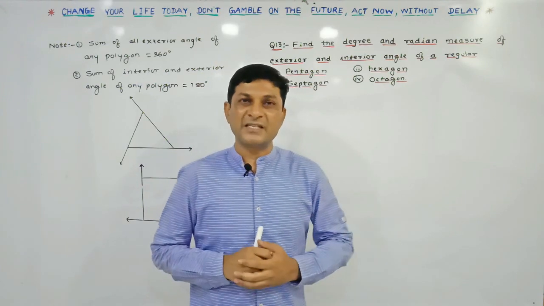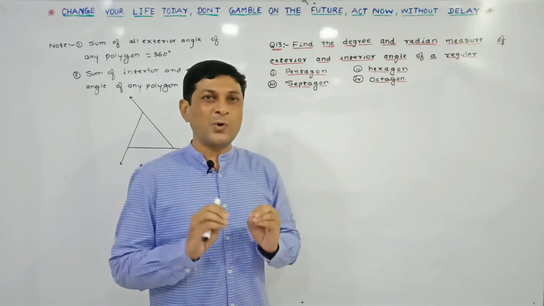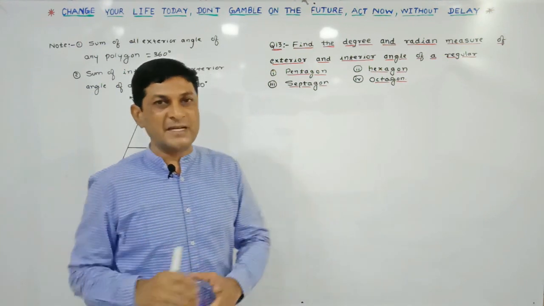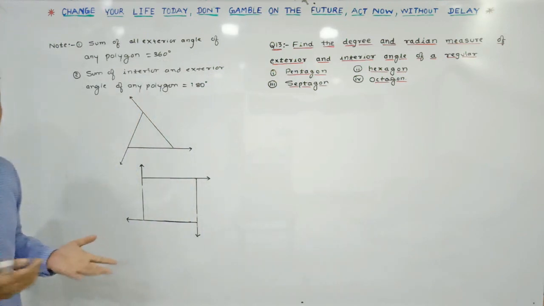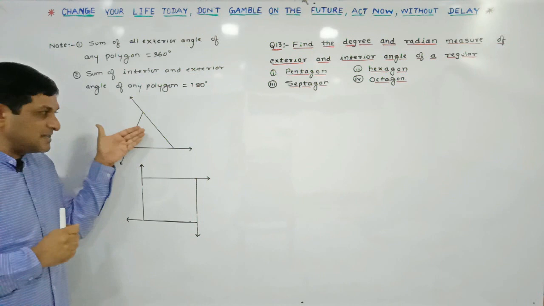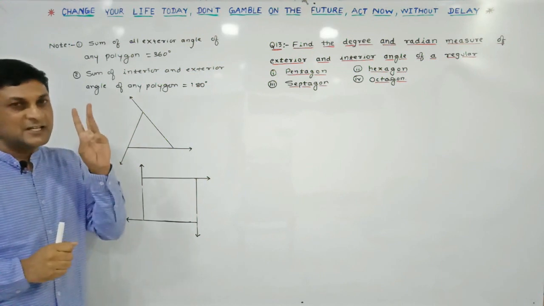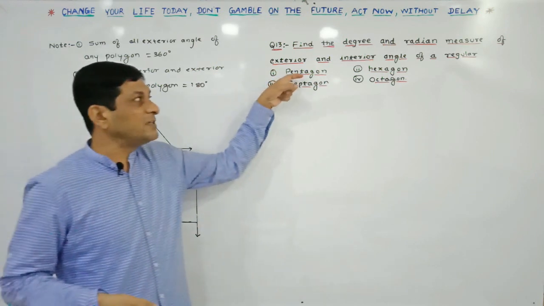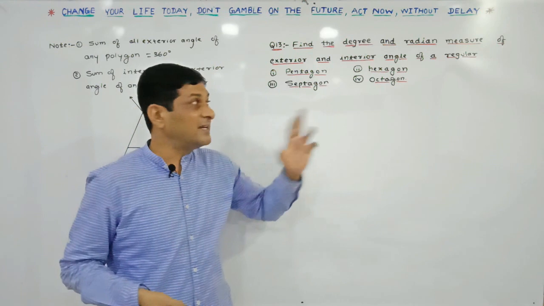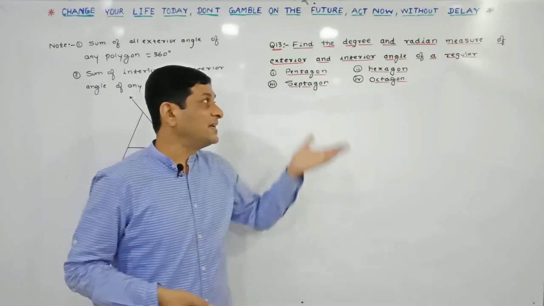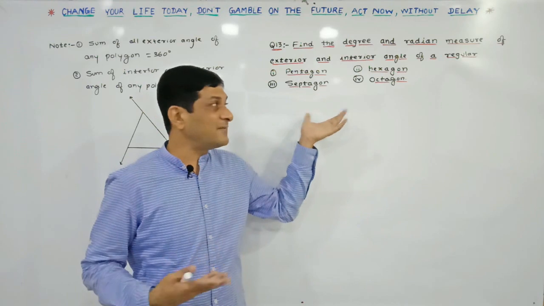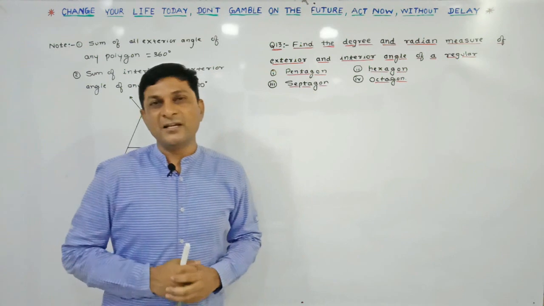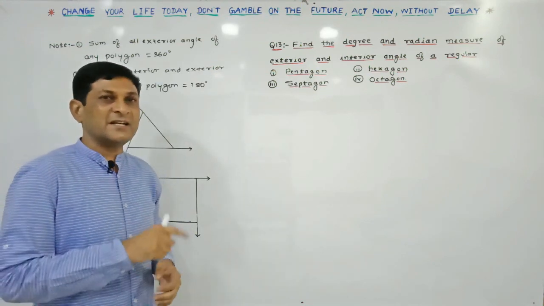But before solving this example, let us revise some important results which are required to solve this example and you have studied in your earlier classes. So already you have studied about a polygon in your earlier classes. Triangle is also a polygon having 3 sides. Quadrilateral is also a polygon having 4 sides. Pentagon is also a polygon having 5 sides. Hexagon is a polygon having 6 sides. Septagon is a polygon having 7 sides. And octagon is also a polygon having 8 sides.